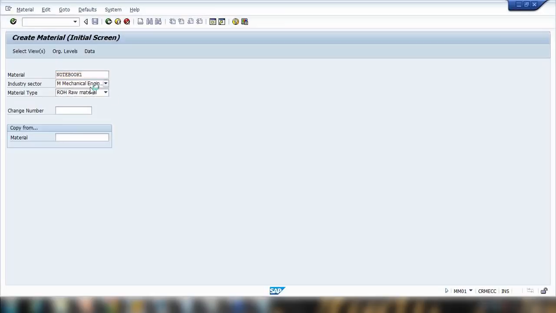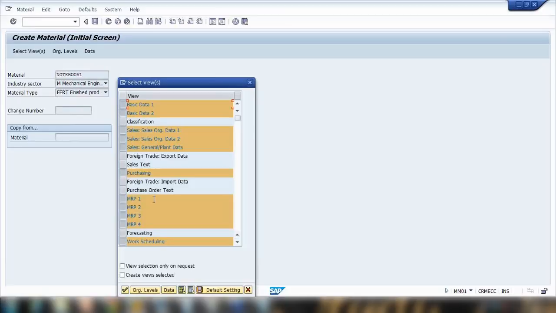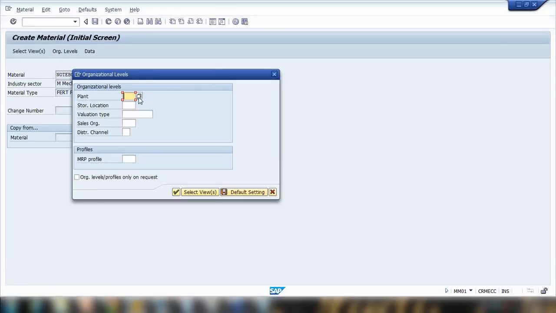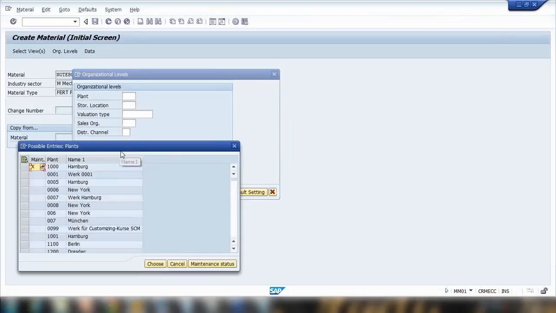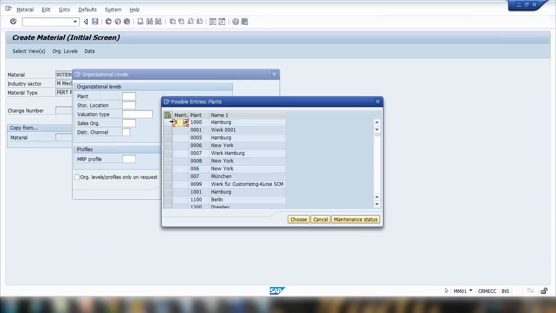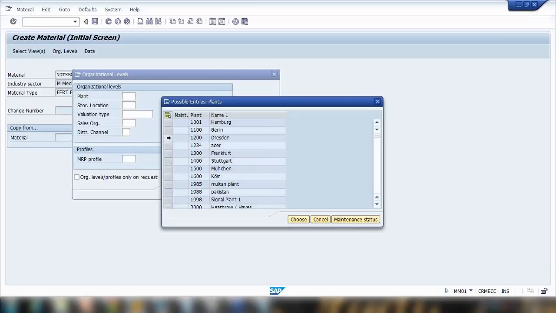Okay, press enter. Enter again. There's a warning here, that's fine. And here select your views, tick, and here this time use a different plant. Say 1000 is already maintained. You can see there's a cross here because 1000 is already maintained. So what we can say is we want to maintain in the plant